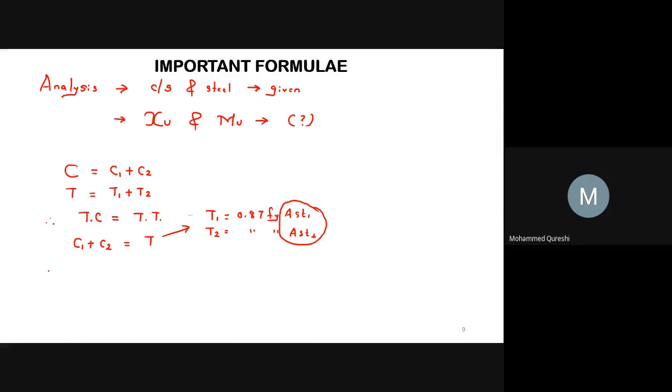So we may write that the value of C1 is 0.36 fck b into xu, plus the value of C2 is fsc minus fcc into Asc, equal to 0.87 fy Ast. So by using this equation, we can easily calculate the depth of neutral axis, that is xu, as fck